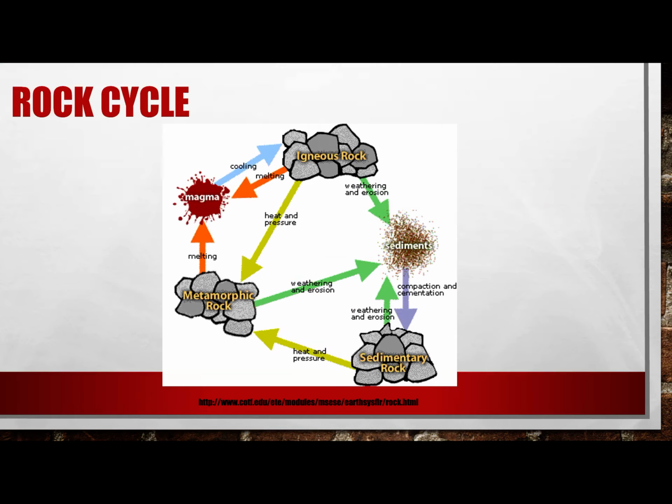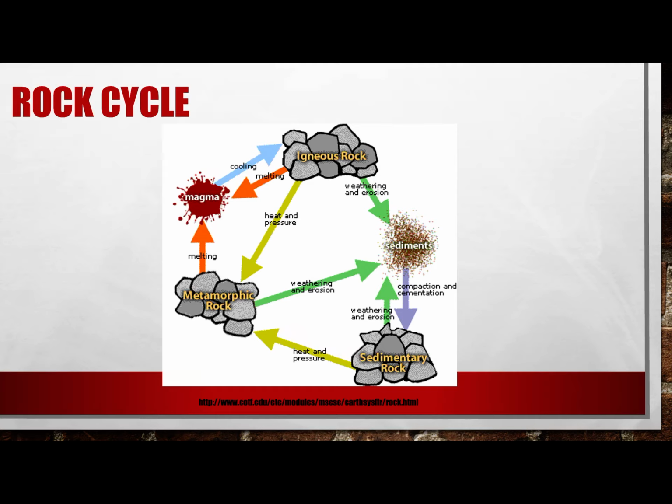All of these can go through the rock cycle. A bit of a dated idea, but the general theme here is any rock can go to any other location. So if I've got magma that cools, it could form an igneous rock. That igneous rock might melt again and then cool again to form another igneous rock. It might weather and turn into a sedimentary rock, or it might go through heat and pressure and become a metamorphic rock, which again could melt and start this whole process over again.